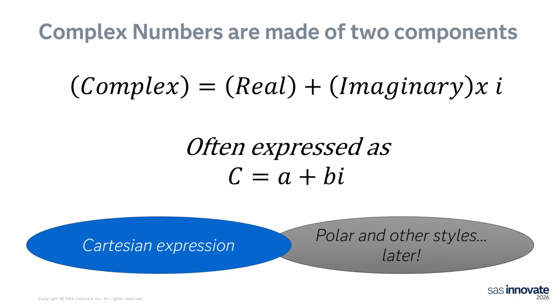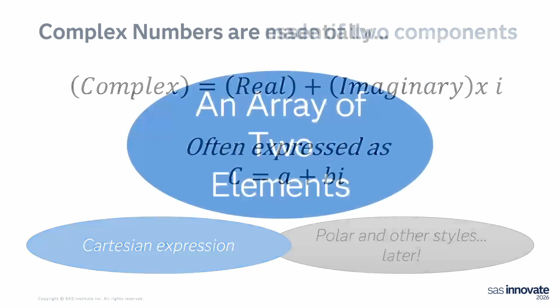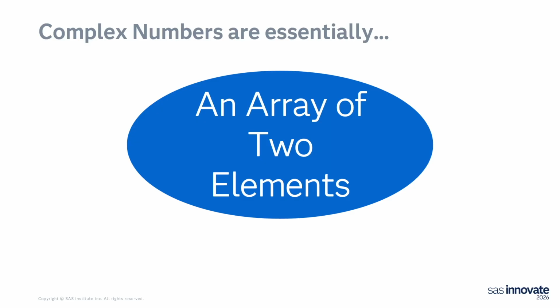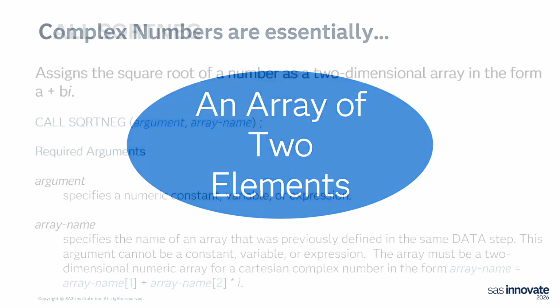But for complex numbers, we've got a real component and an imaginary component. Now I'm going to go with Cartesian expressions, which is x, y, okay? If you want to do it in polar coordinates, great, code it yourself. No problem. Doesn't bug me. It's just math. But for this example, we'll look at Cartesians, and we're going to get a + bi as that complex number. So a complex number is an array of 2 elements. Simple, right? So simple, it's easy.